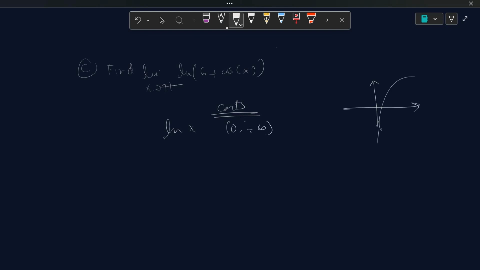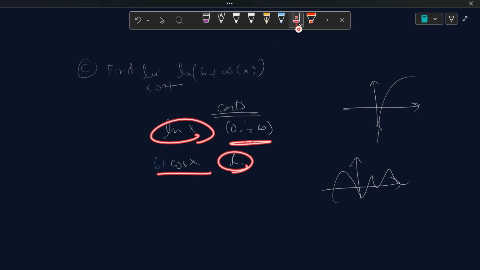Okay, so from 0 to infinity, and then you have your cosine of x. Cosine of x is a function that looks like this. So that is basically a real number. It is continuous over the real numbers, and since this whole expression is continuous, if you add 6 or 9, it doesn't matter. Here, since this one is continuous and this one is also continuous, therefore we can say that